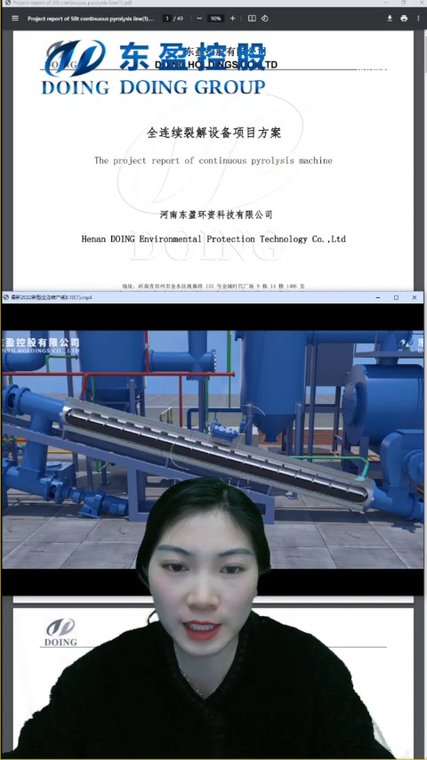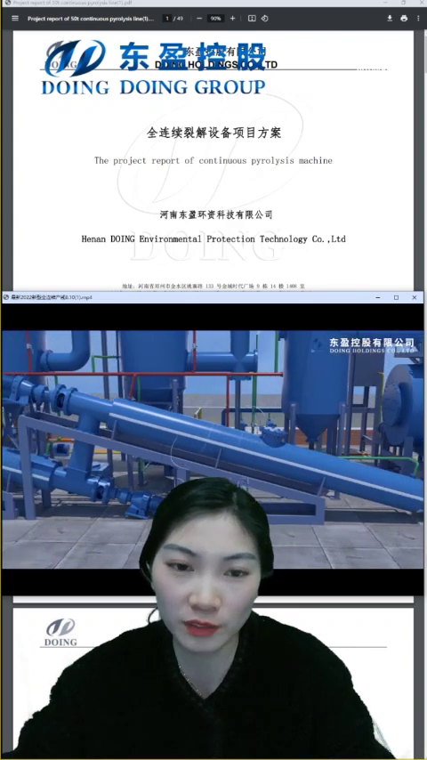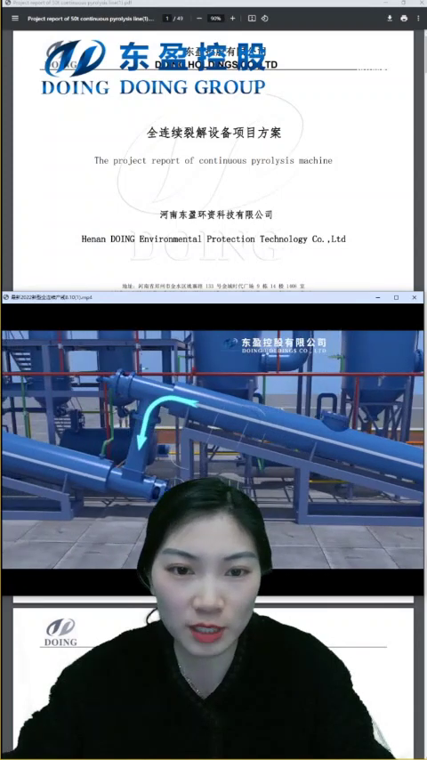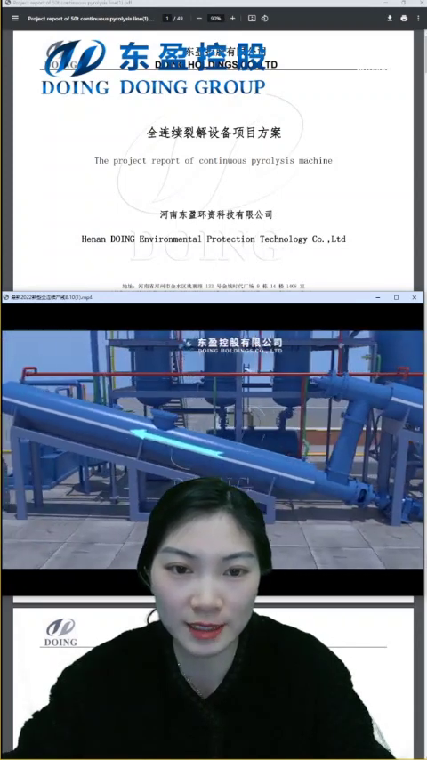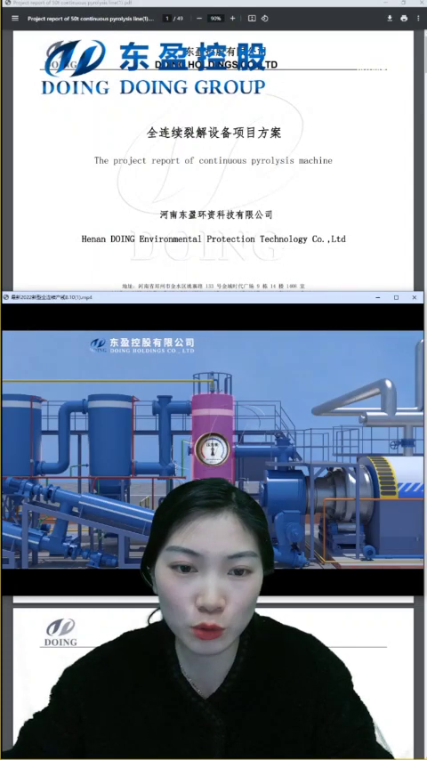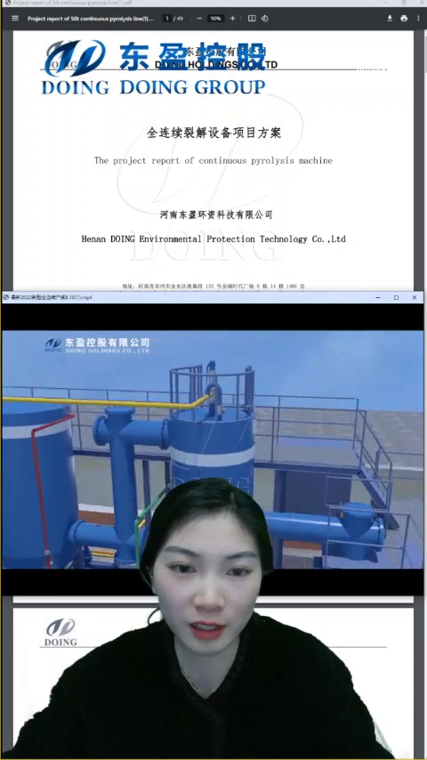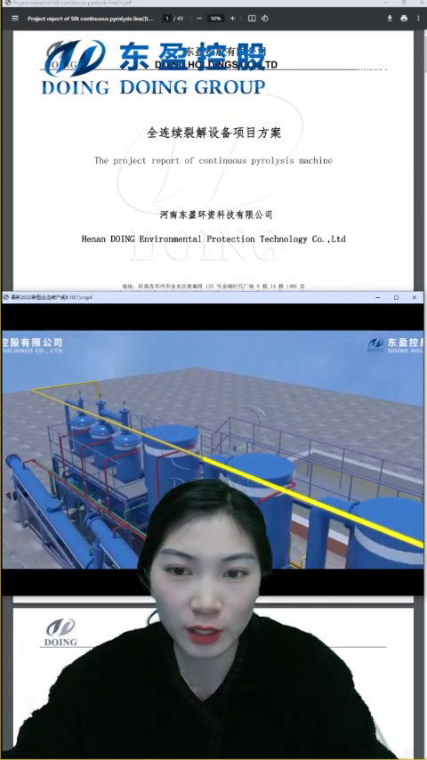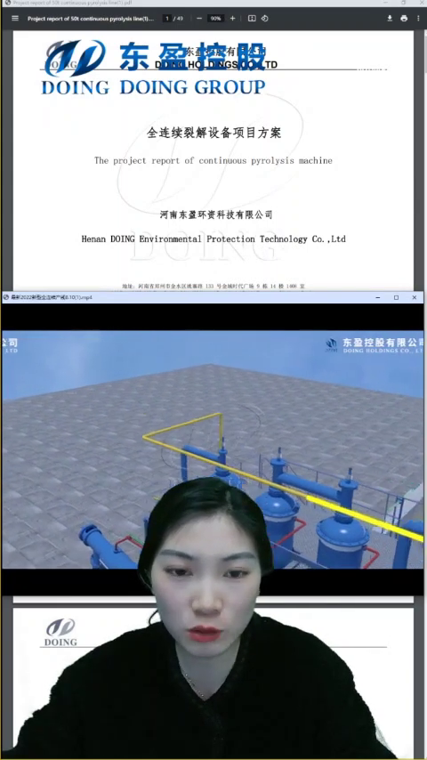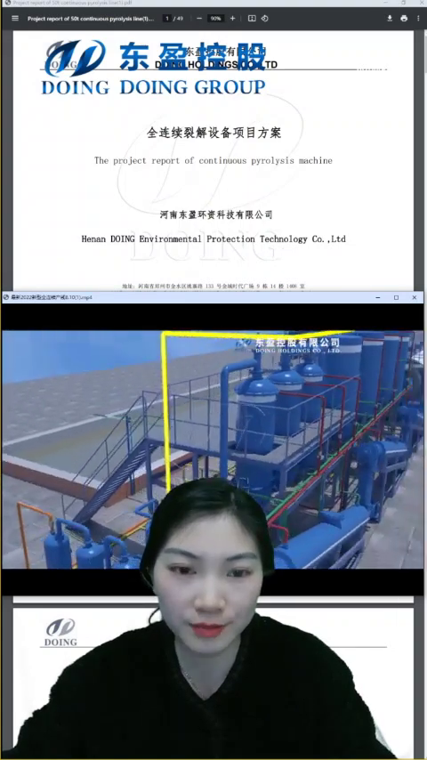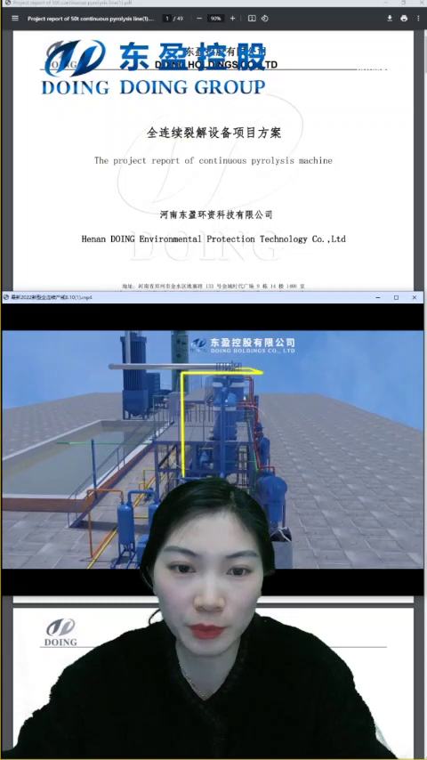But for fully continuous pyrolysis plant, normally you can use only 1 worker or even no worker at all. Because the fully continuous process is totally continuous. You need to use a control room, inspection room, then just 1 worker here to inspect the whole process. Or you can set up the PLC control system. The PLC control system can achieve no workers and can control by computer